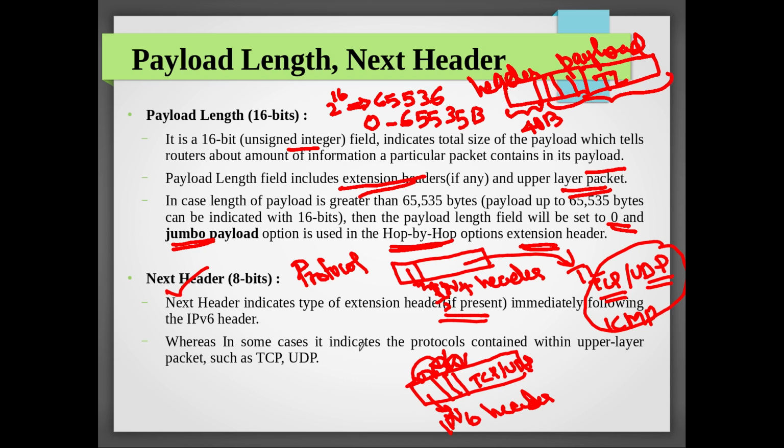So in some cases it indicates the protocol number of the information, that is, the protocols contained within the upper layer, whether it is TCP or UDP. Okay, so hope it is clear. This is the field that is there in the main header as well as extension headers. Whether it's the main header or an extension header, the number of whatever is following it will be stored here. Now for the last extension header, the next header field will be the protocol number of TCP or UDP, or it can be ICMP also if it is a network layer packet.